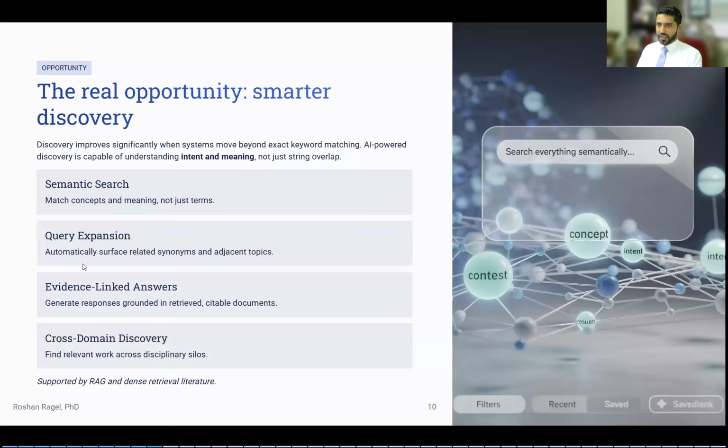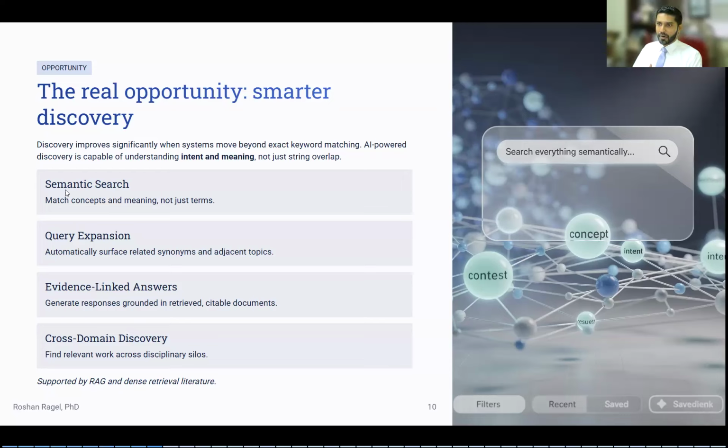So those are the challenges. But at the same time, like I mentioned at the very beginning, there are a number of opportunities. The opportunity, as I mentioned briefly, is that search is not keyword based anymore. Search is now semantic, meaning based. We don't just search for words, but we search for meanings. For example, if I write a sentence, I can now ask an AI-based tool to find similar sentences and articles which match the context, not just the keyword. That has changed a lot.